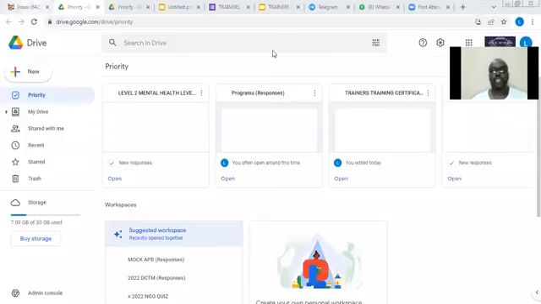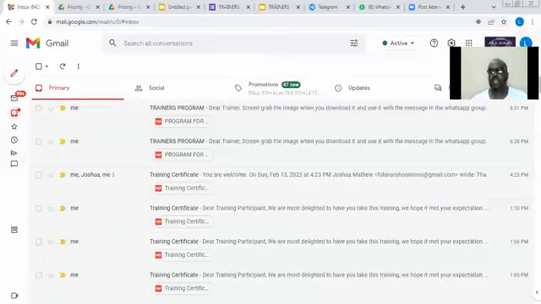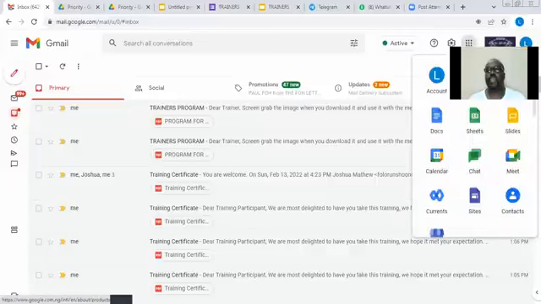So, like I said, Google Drive is found on all Gmail accounts, so you need to have a Gmail account. Once you go to your screen, make sure you use a laptop. If you don't have a laptop, go to a cafe. Within a week, you should be proficient enough that you can always walk in, do what you want to do, and go back and continue with your phone if there's need for you to use your phone. So if you click here on your Gmail,